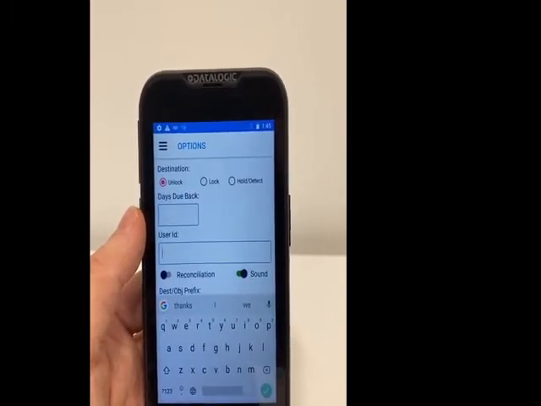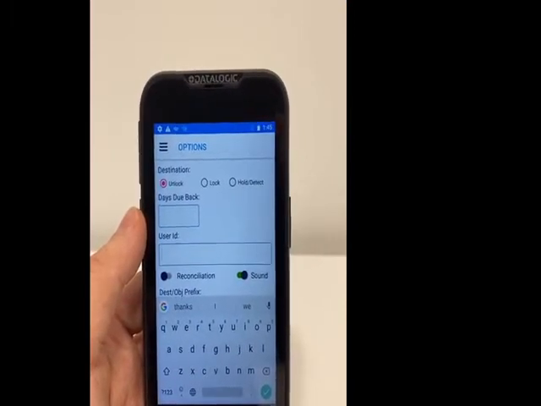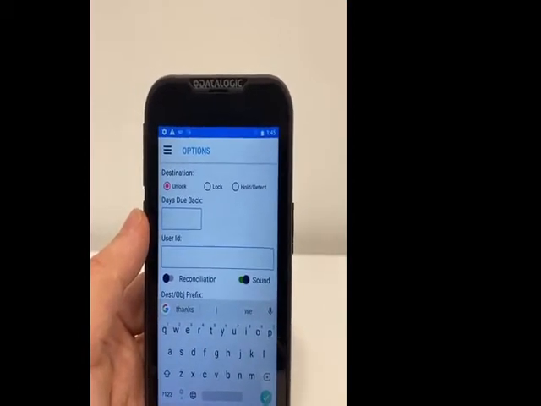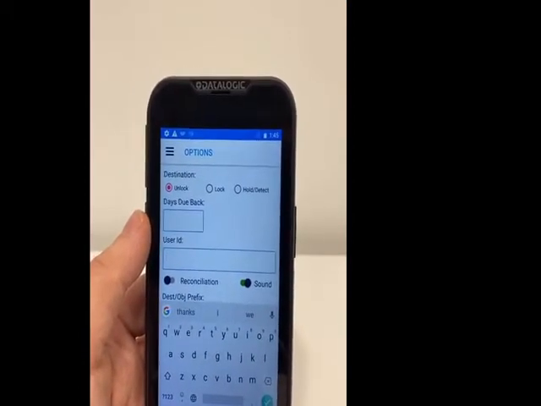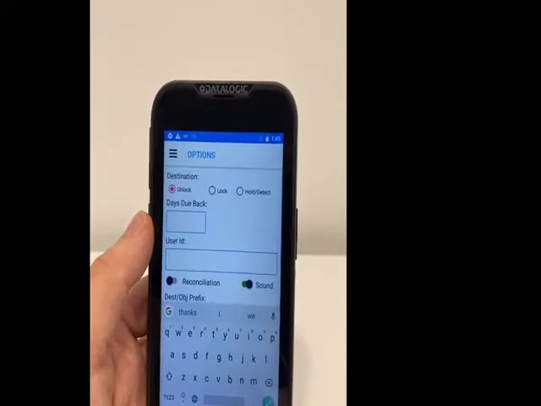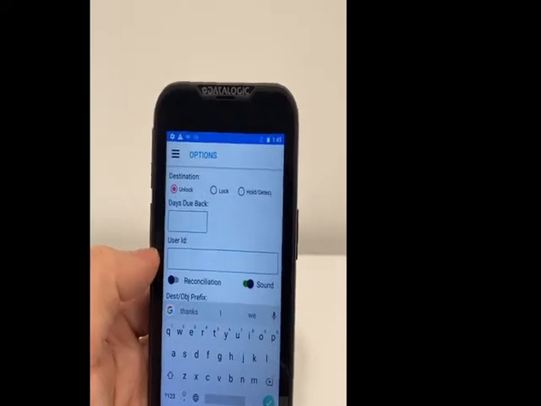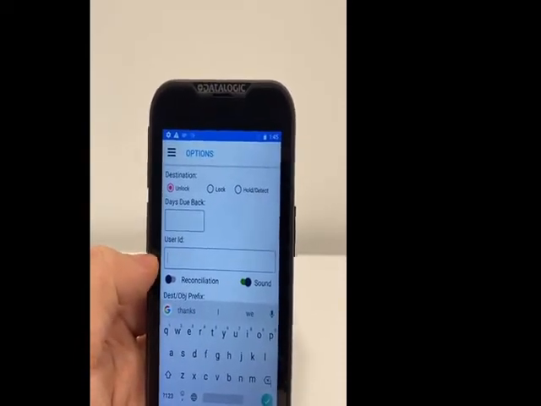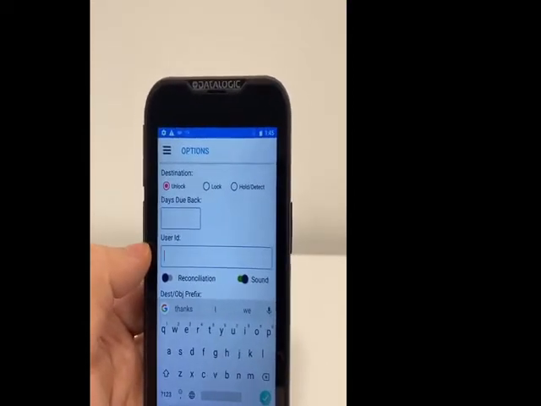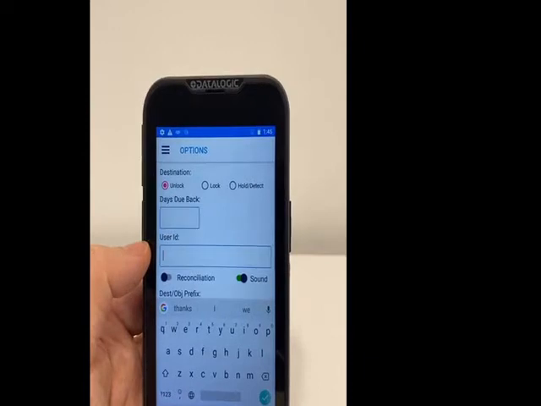So if you are sharing a scanner across different users and you want to know which user was the one who actually completed the scan on the device itself, then as part of a business process, you could ask your users to populate this user ID with their particular Fusion RMS username